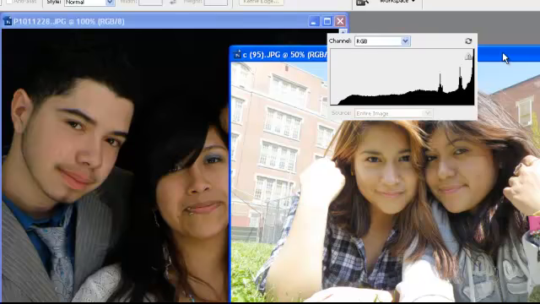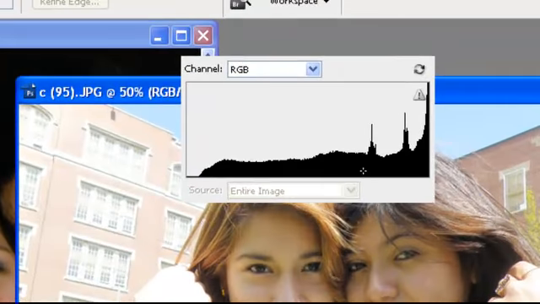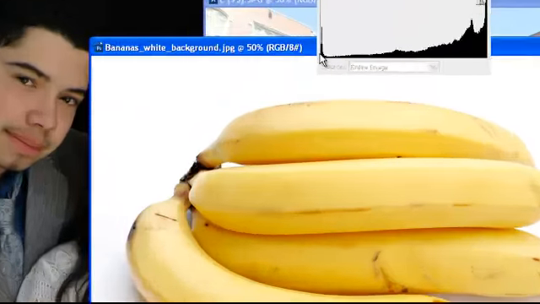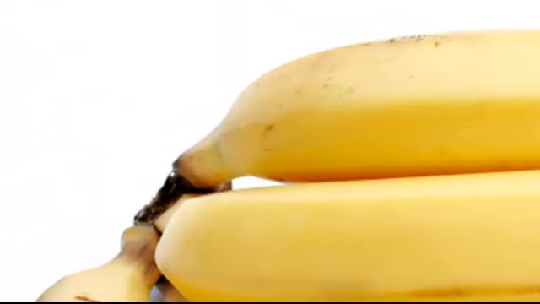But if we check out this image, we can see that it's skewed in this direction. If it's heavy on the right side, that means it's a lot of highlights, it's really light. And if we check out this image, it has a relatively wide tonal range. It's really heavy on the right side because there's the white background, the banana is light. If we look at the far edge, we see that there is some darkness right here, most likely from the